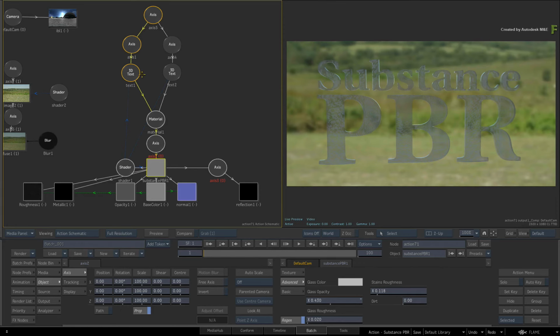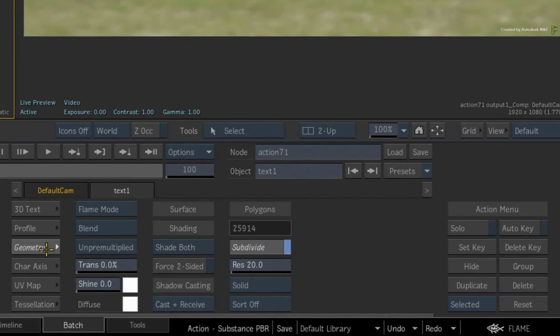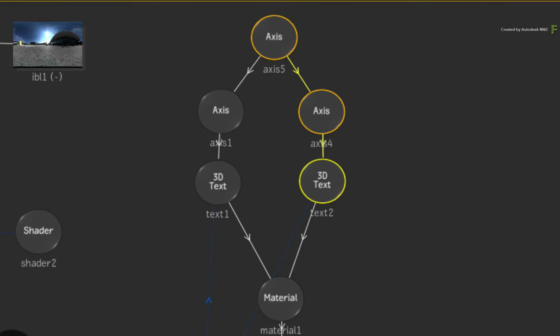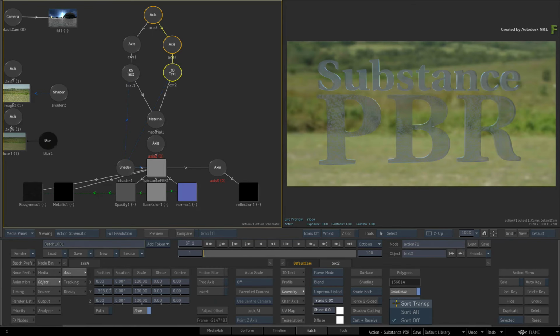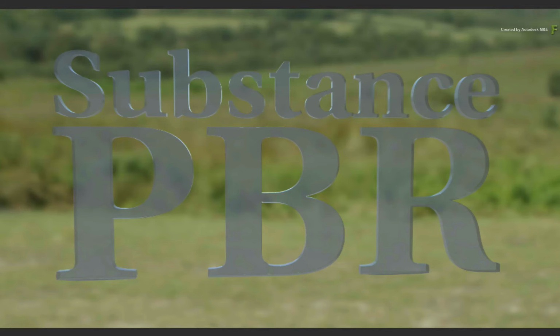Go to the geometry controls of each 3D text object and set the sort mode to sort all. You do not use sort transparency in this case because the 3D text is considered as a single geometry and not comprised of multiple 3D geometries in an object group. Now, since the 3D text is extruded and has depth, we want to emphasize the light interaction with the edges